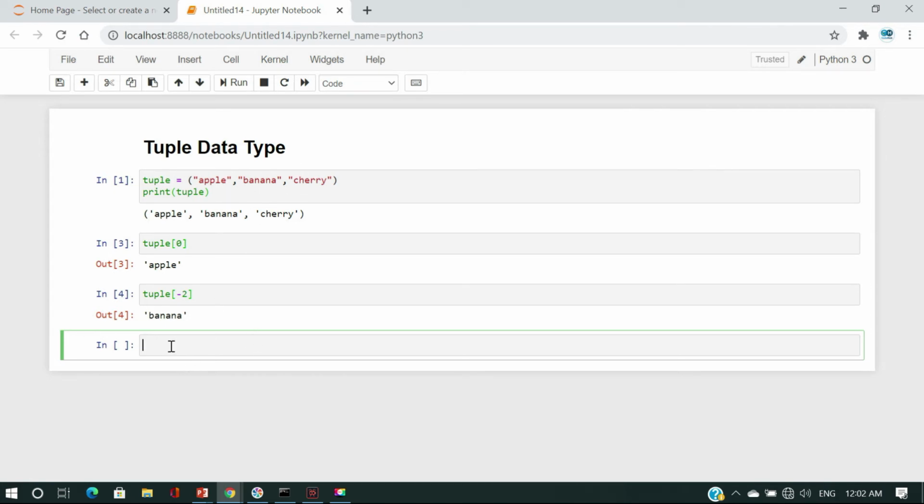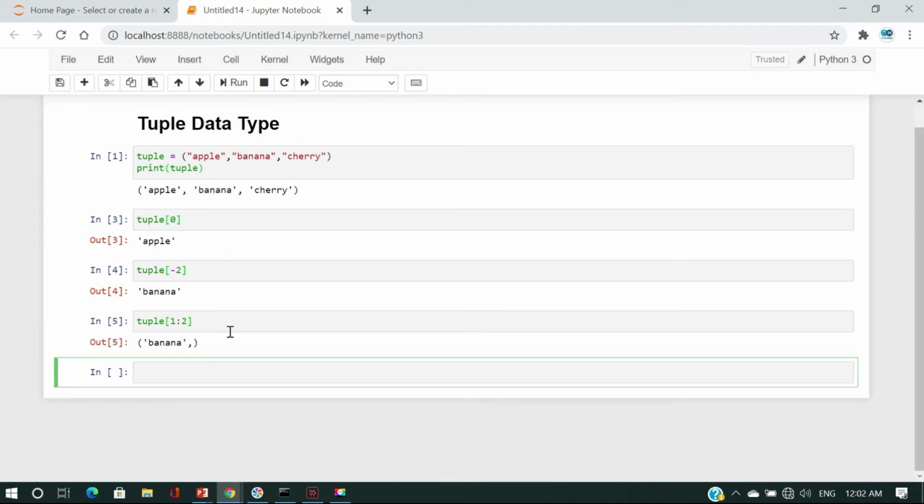Should I use a range, like tuple, start with 1 to 2? It will print only banana. Let's see it. Yes, index value 1 is banana. Index value 1 is the start, and the item at index value 2 is not printed. Only the items before index value 2 are printed here.